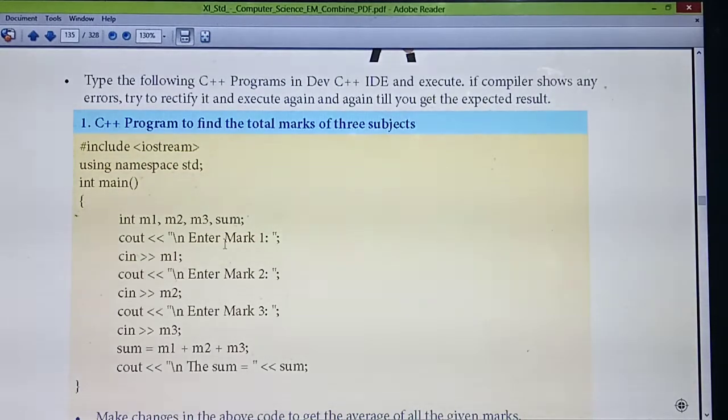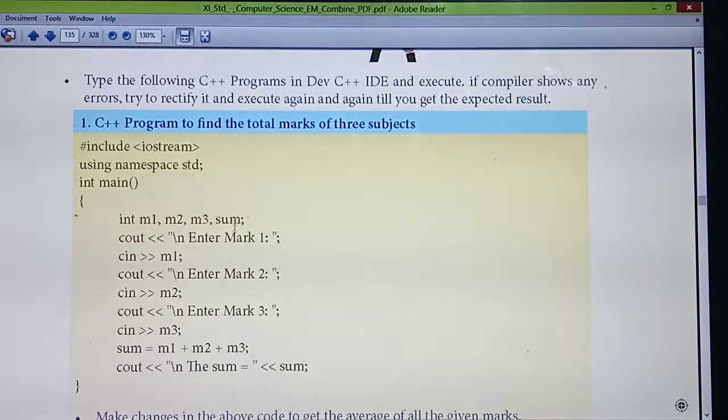Understand? Listen. Next, the output screen. First you are going to enter the first mark, so some statements need to come in for the output screen. Which statement should you give? cout. cout is for the output screen, isn't it? What's the format for writing cout? cout, then the less-than symbol. Everything is declared inside double quotes. In cout, all the things you should mention inside double quotes, isn't it?